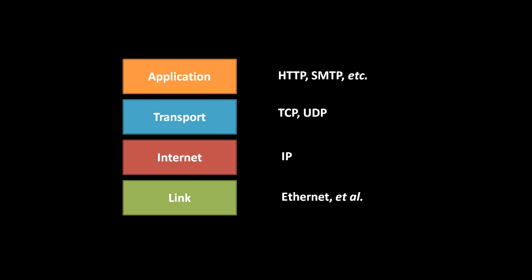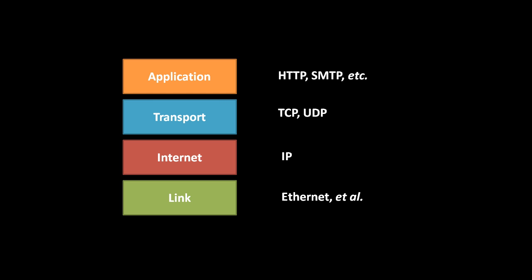The way data is sent on the internet is commonly described using a four-layer model. The layer at the bottom is called the link layer. This is the actual physical network that connects computers together. For example, in your home network, you're most likely using Ethernet to connect your computers. Other networks, especially larger networks, use alternatives to Ethernet, but the point is that it doesn't really matter. As long as you have a link layer that can transmit data, that's all that's required as far as the